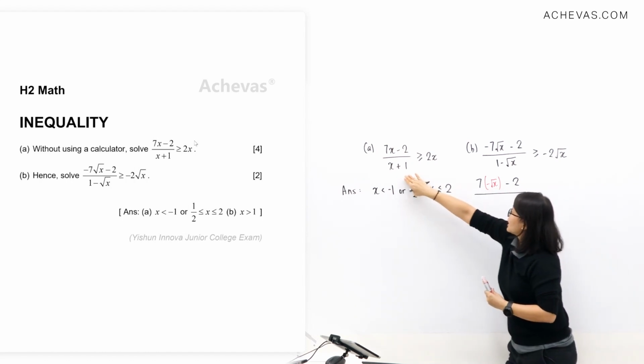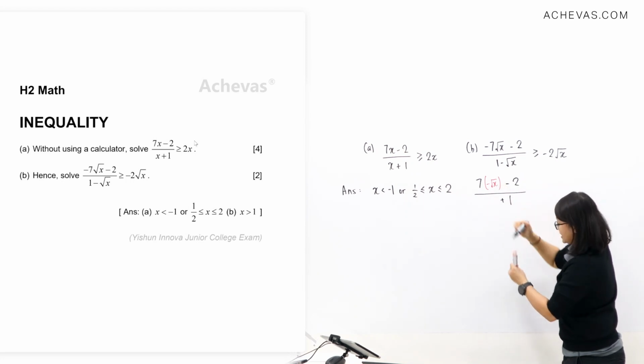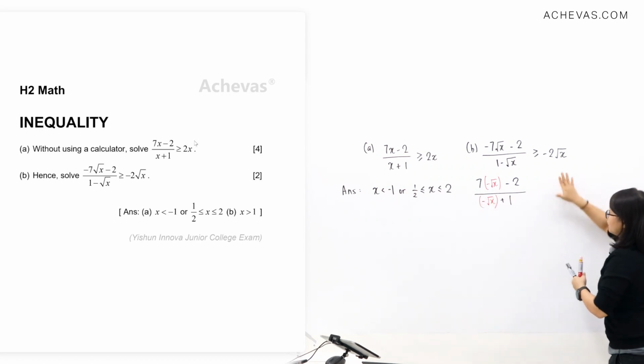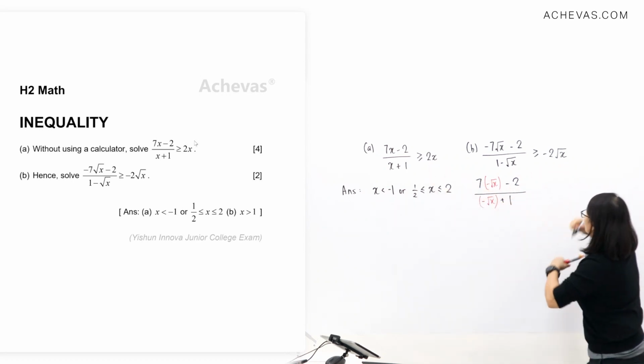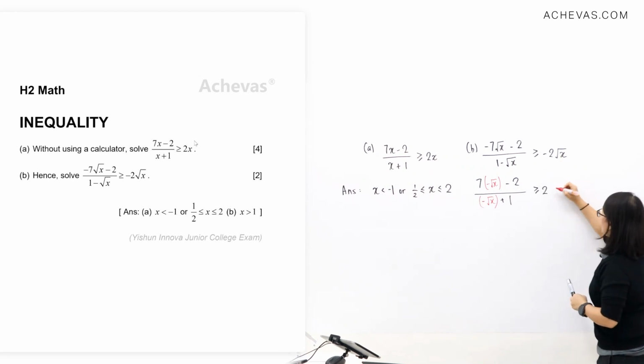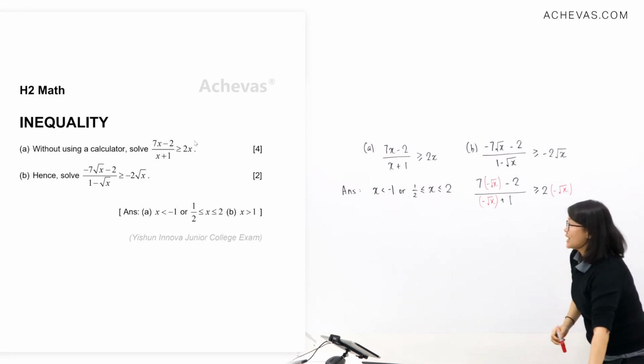Alright, so here we have a plus 1 and we have a 1 here. So I'm going to write plus 1 at the back and I'm going to move this one here. So I'll be getting this as negative square root x plus 1. And for this one here, I have a 2 here. So I will be writing it as 2. And I'm going to put this minus square root x in a bracket. So now we can see that what has